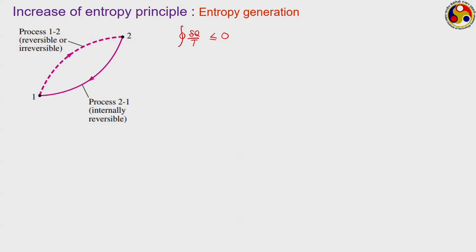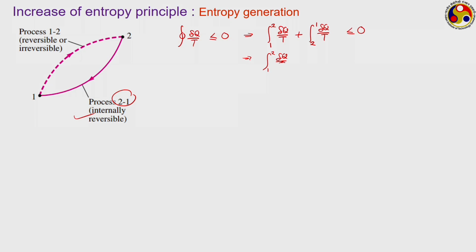If 1 to 2 is reversible, then the equality will hold, otherwise it will be that less than 0 thing. So, if we write this now, break this from 1 to 2 del q by t plus 2 to 1 del q by t, the summation has to be less than or equal to 0. Now, this 2 to 1 is internally reversible, therefore,